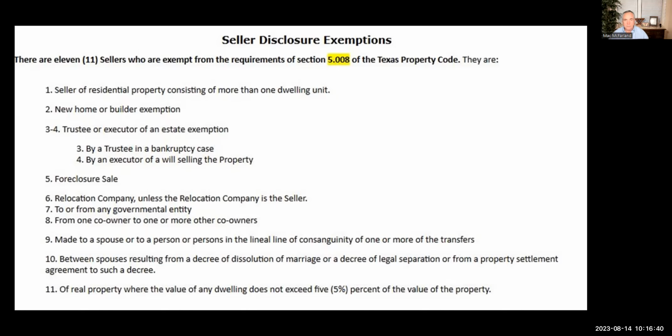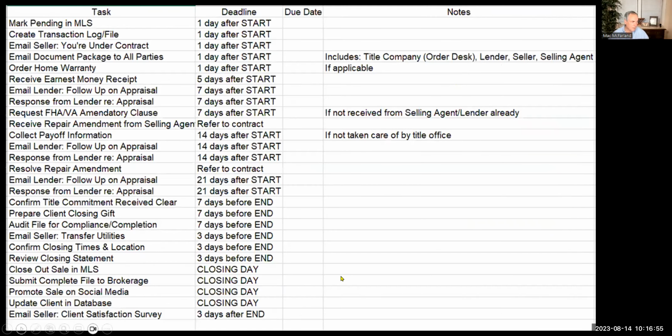But here are the exemptions for the seller's disclosure. And again, I believe that's in our Facebook group as well, so you have access to it there, if you want to work with that. Speaking of that, real quick, if I could, here's a